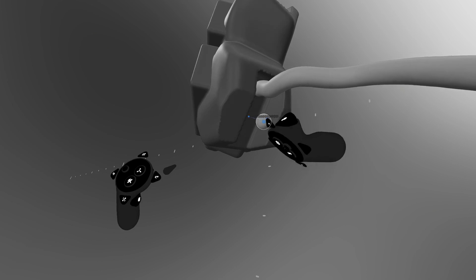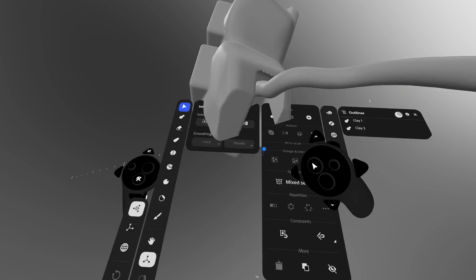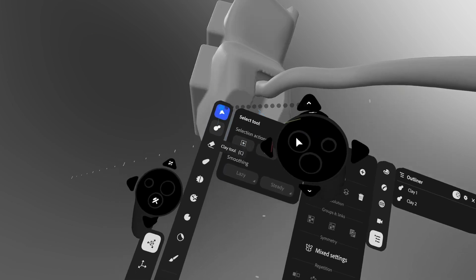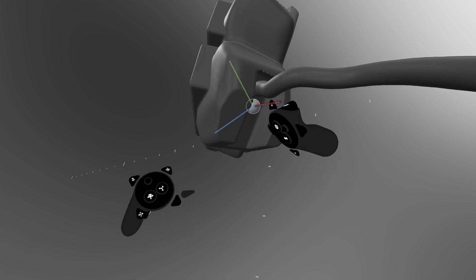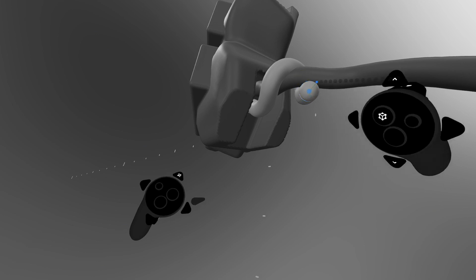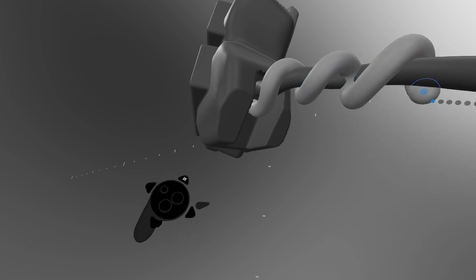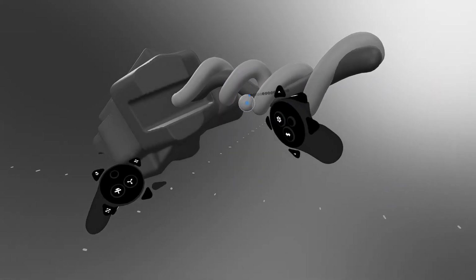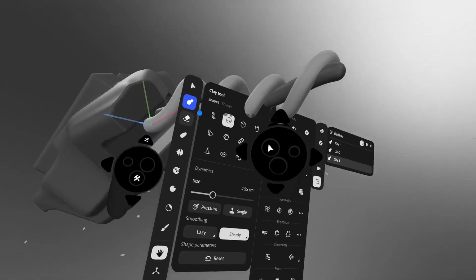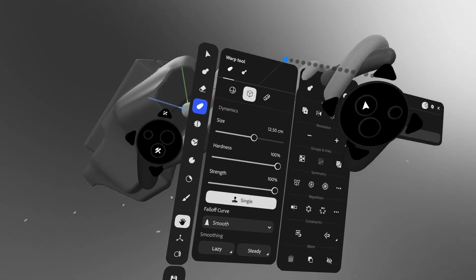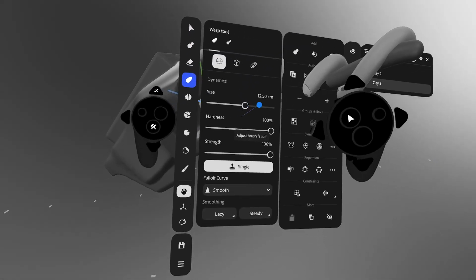Maybe try not to intersect our pieces here. We could always just start a new piece real quick just by selecting the clay tool again and keep these separated maybe. So if I mess up, I can nudge them around. You see what I'm getting at here? You're like, how would you nudge this around? Well, unfortunately, you have a warp tool, but this is as good as it gets as far as nudging things